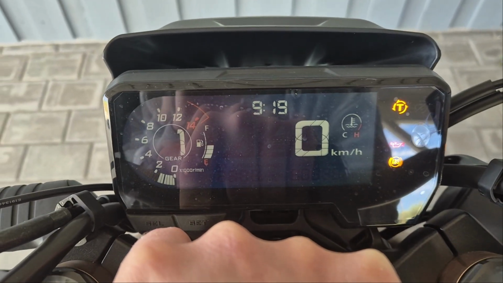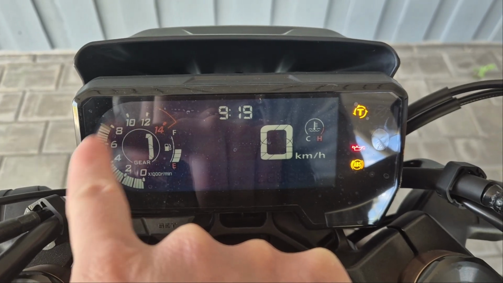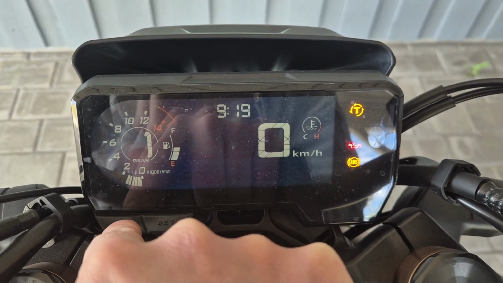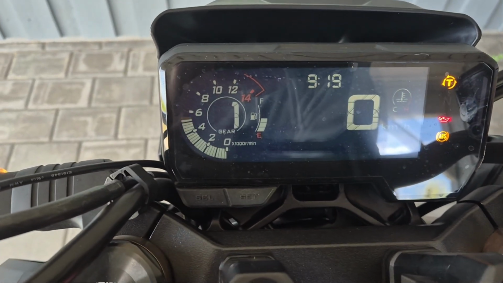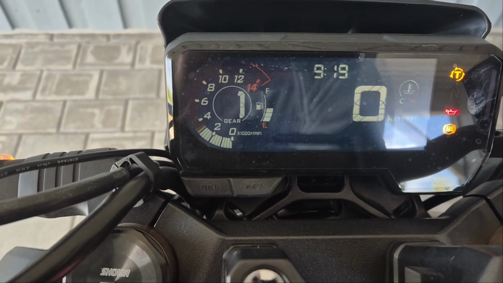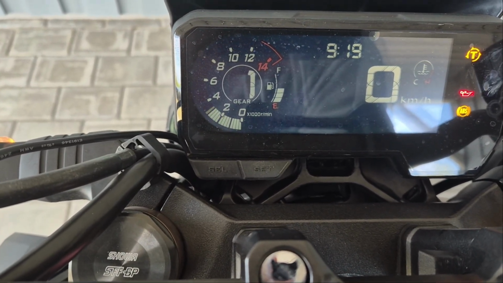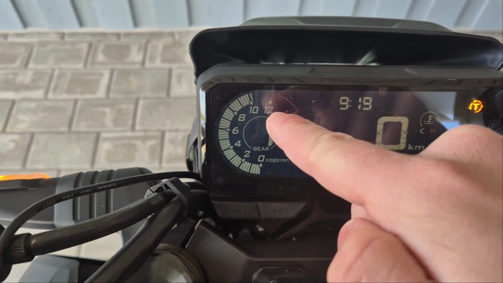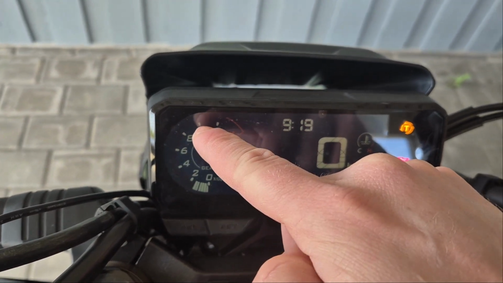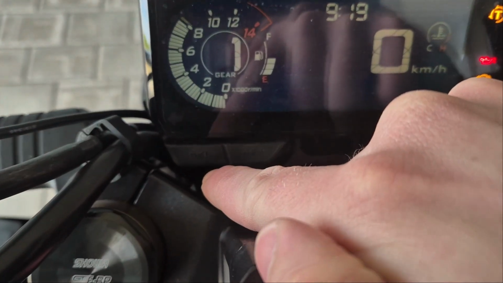Okay, so now the last setting we have is the tachometer display mode. You can choose between two different types, conventional and peak hold. Right now it's on conventional, so when the bike revs it's not going to show where your previous rev point was. But if you press select,